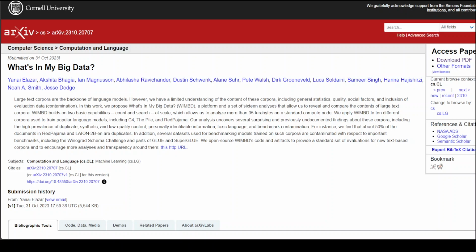This paper proposes to investigate the content of large text corpora using WIMBD. WIMBD stands for What's in My Big Data. WIMBD is a set of tools that enables practitioners to easily explore and quickly analyze large language datasets. This tool is also used to provide some of the first measurements across different web scale datasets that are directly